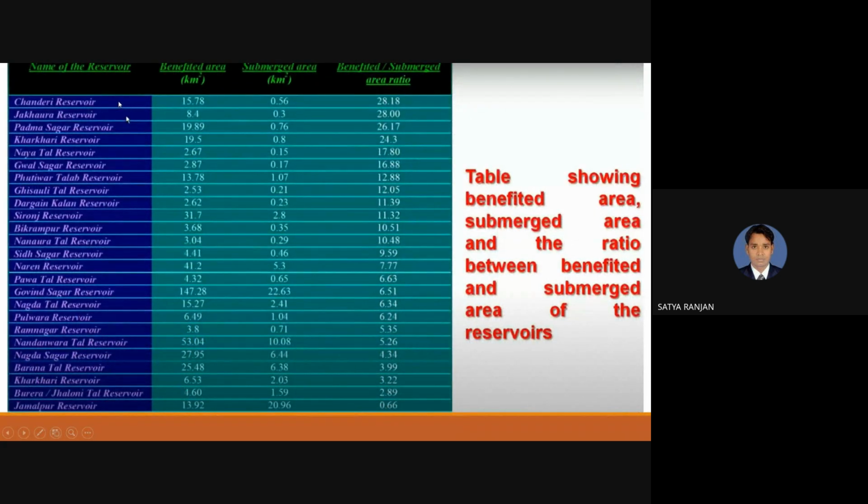Suppose some different rivers are there. Suppose the submerged area, like the drainage. The reservoir area is 0.56 square kilometer or 1 square kilometer. Then the benefited area is 15.78 square kilometer. So the ratio of benefited and submerged area is 28 times. It's a very good result for this reservoir, but sometimes it is not feasible for all the landscape, and based